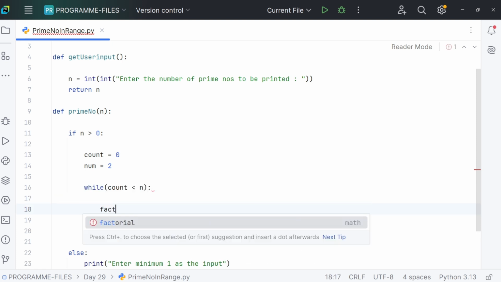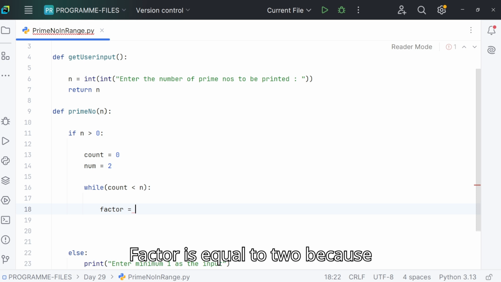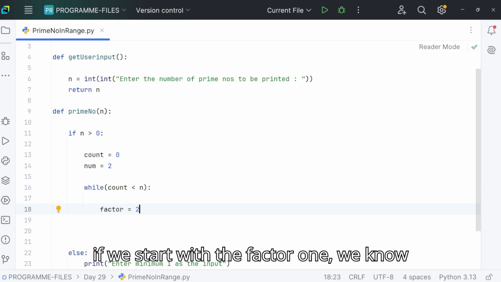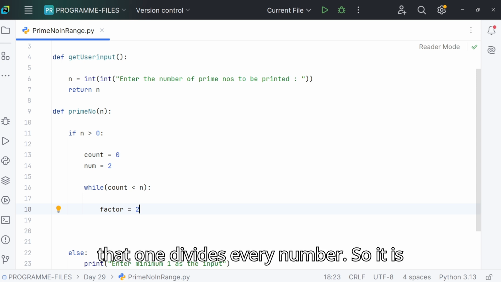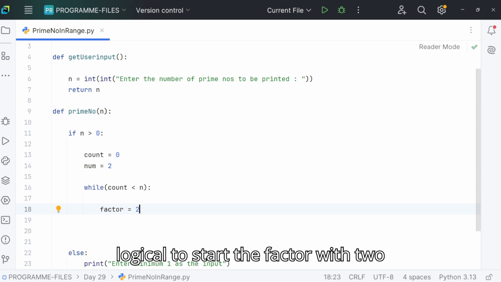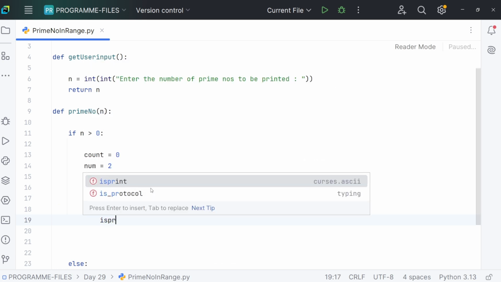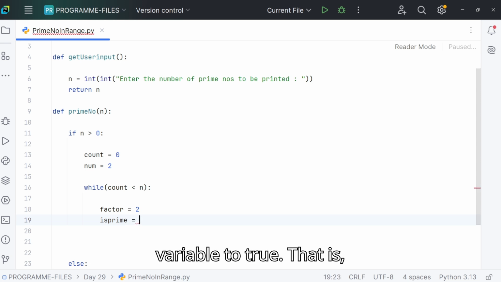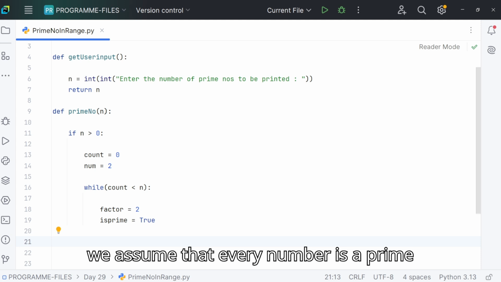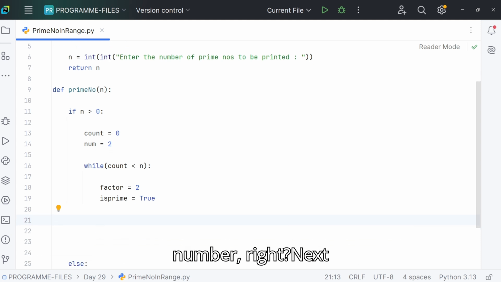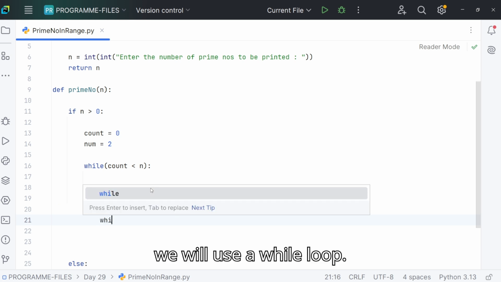Factor would be, factor is equal to 2, because if we start with the factor 1, we know that 1 divides every number, so it is logical to start the factor with 2, right? Now next, let me initialize the isPrime variable to true. That is, we assume that every number is a prime number until we prove it is not a prime number, right? Next, we'll use a while loop